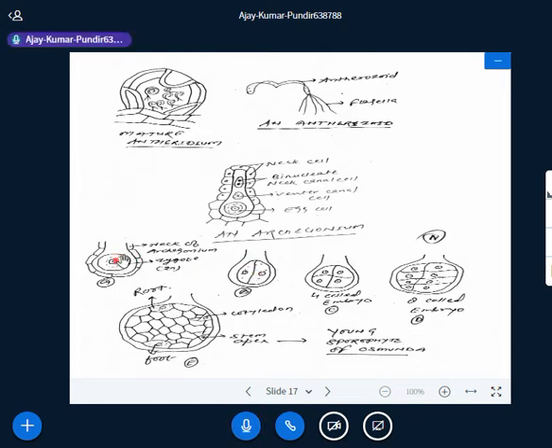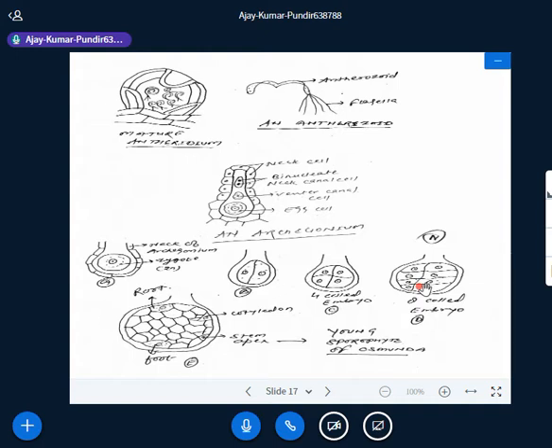First of all, the zygote becomes large in size. Now vertical wall division takes place in the zygote. As a result, 2 daughter cells are formed. Now a transverse wall division takes place. As a result, four cells are formed, which is known as quadrant stage of zygote. Now, further division takes place. As a result, 8 cells are formed, which is known as octant stage of embryo. At this stage, when the zygote has the 8 cells, you can say embryo, an octant stage of embryo.